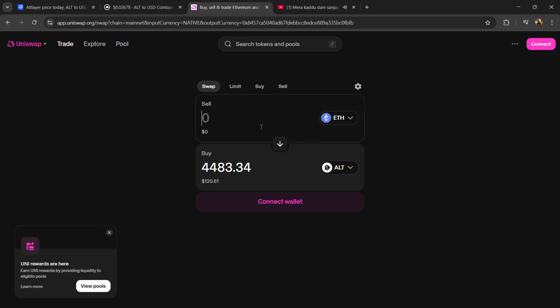And if you want to sell this token on this decentralized exchange, then click on this arrow, and again you need to connect your wallet or mobile wallet to this exchange, and here you will enter the number of tokens that you have, and finally you will confirm the transaction. Then you will receive ETH coin in exchange for this token in your wallet. So in this way you can buy and sell this token on centralized and decentralized exchanges.